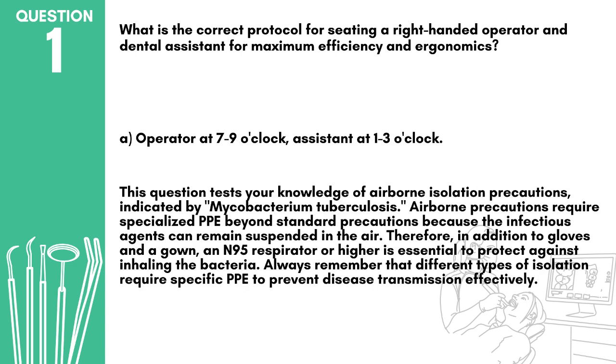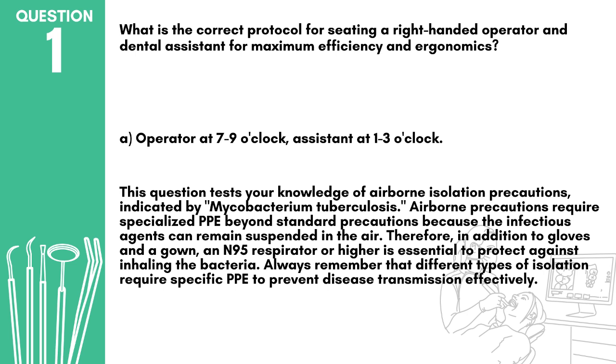Answer: A. Operator at 7 to 9 o'clock, assistant at 1 to 3 o'clock. This question tests your foundational knowledge of four-handed dentistry and ergonomic zone placement. The keyword right-handed operator and dental assistant is crucial. For a right-handed operator, the ideal working zone, operator's zone, is typically between 7 and 9 o'clock, allowing direct vision